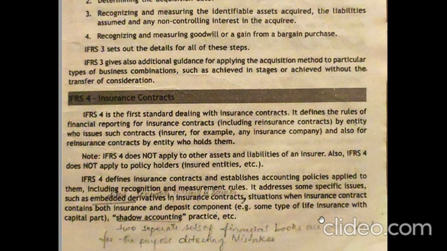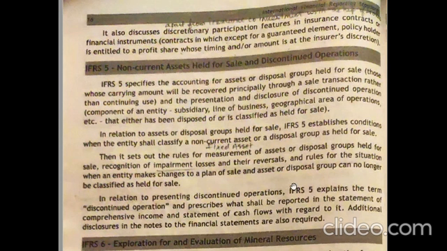So in order to avoid mistakes, because when the insurance company is engaged in both it is difficult to identify, shadow accounting practices clearly help you to maintain two separate sets of financial books for detecting mistakes. So this is your IFRS 4. It also discusses